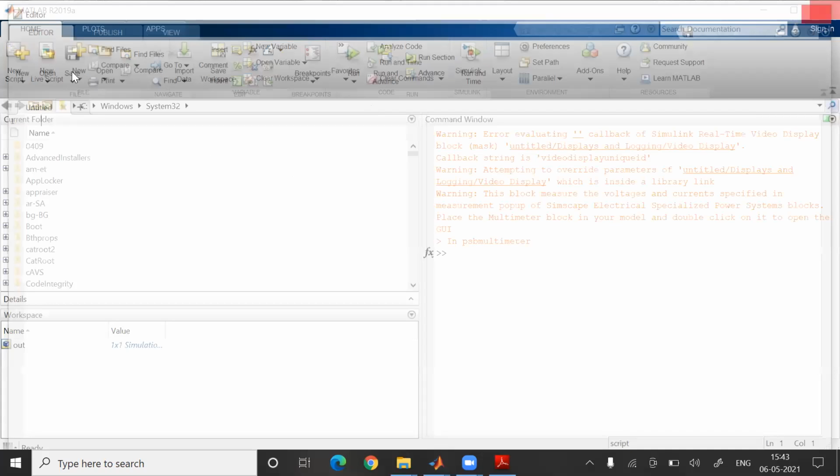Our major focus is Simulink. So in MATLAB we also have Simulink models. This is our platform on which we are going to design and simulate our circuitry. This is an advanced version which I am using, version 20.